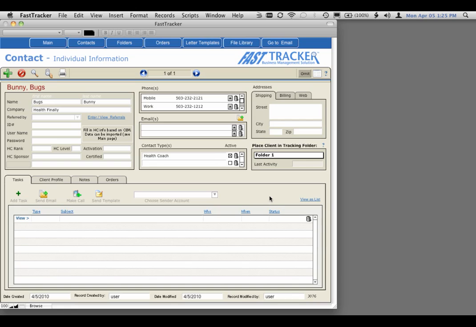The task section is multi-purpose and can be used to store all correspondence you have with a client, such as outgoing and incoming emails or phone calls. And it also allows you to create ticklers for yourself to let you know that you need to contact a client on a particular date. So the most basic of tasks can be